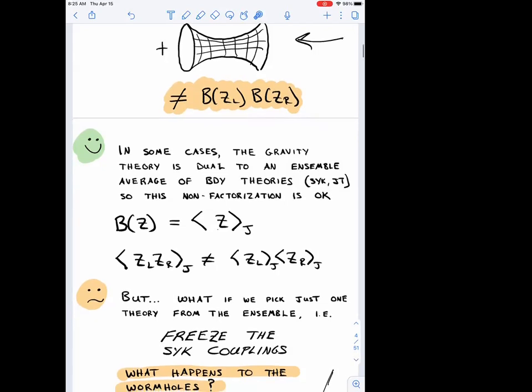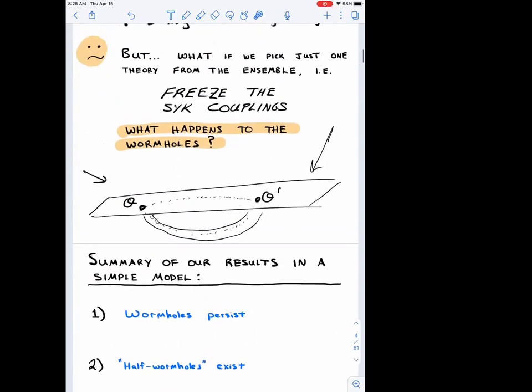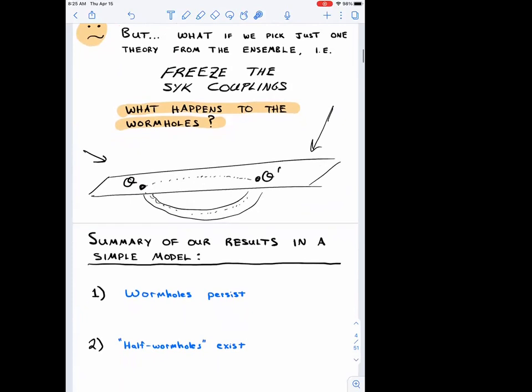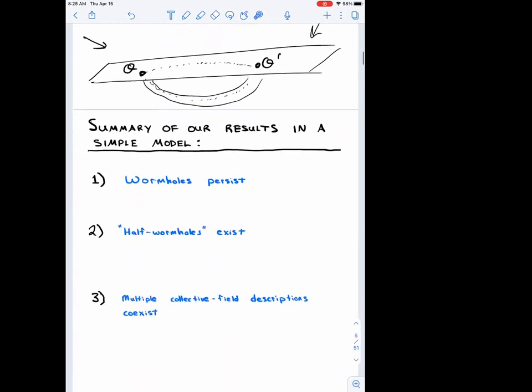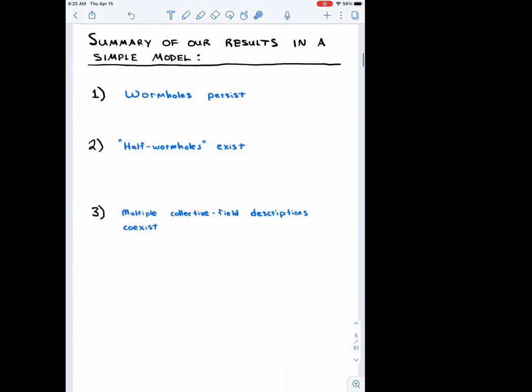Okay, thanks. Okay, so let me continue. So this was just an introduction on the topic of these wormholes and factorization. And what we're going to discuss is exactly this topic, but in a very, very simple setting. So we're going to work in an incredibly simple model. It's just going to be a finite dimensional integral. I'll introduce the model in a second, but first, let me say what the results are.